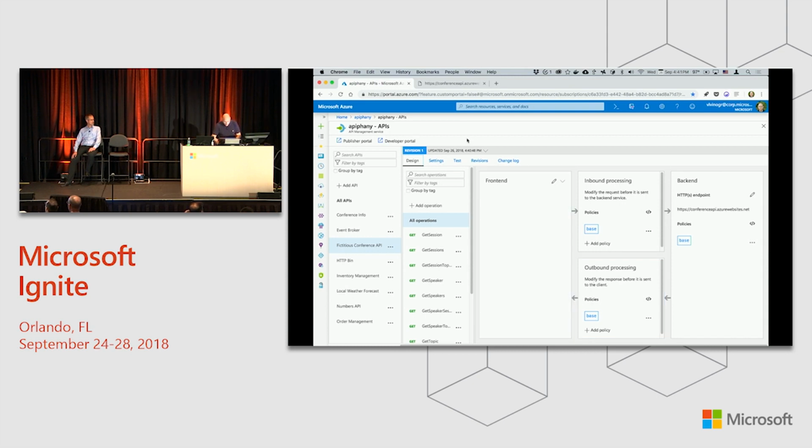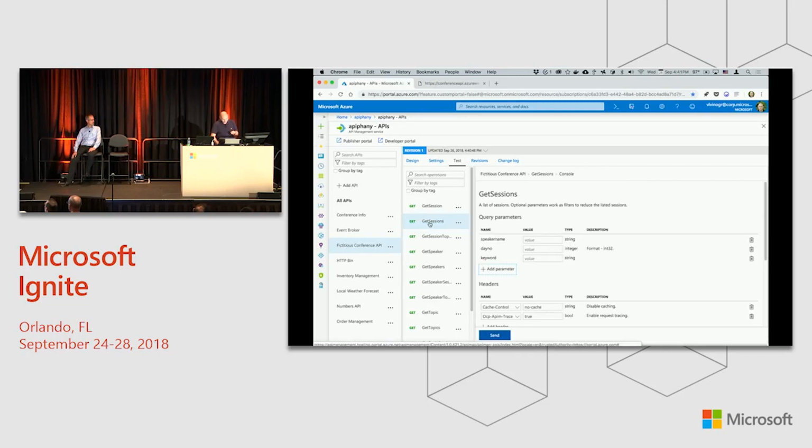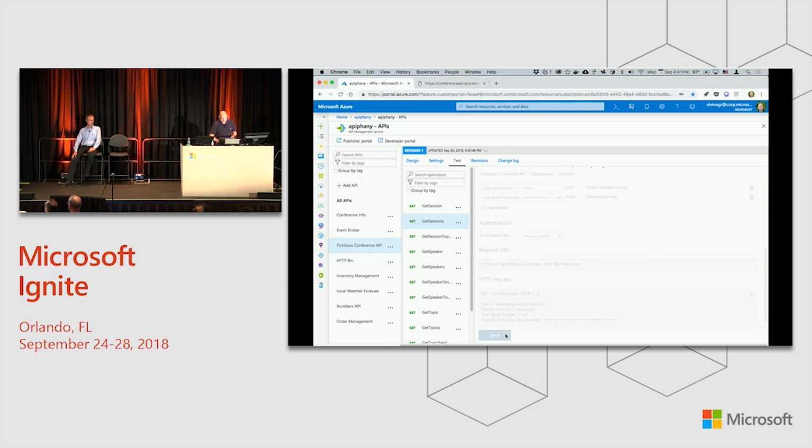This is great. So we can go and actually try it. I will use this get sessions operation. It has a bunch of optional parameters, but in general, what it does is it gives you all the sessions for